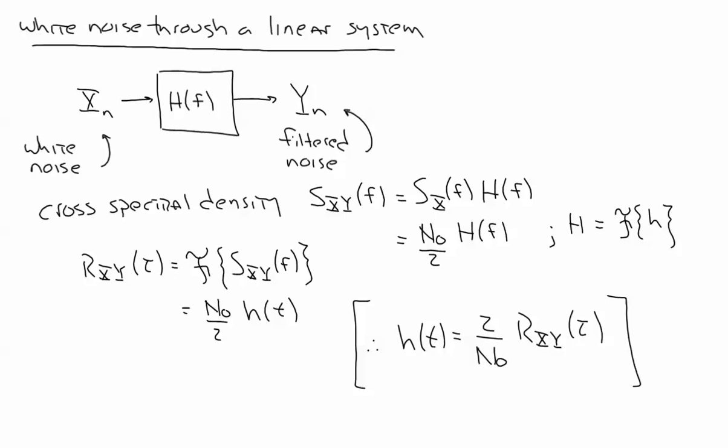Many of you may have been in a lab at some point and seen an oscilloscope or a signal generator or a spectrum analyzer that has this unusual function called a white noise generator. Well, this is one reason why I might be interested in having a white noise generator. I can apply white noise to an unknown black box linear system, cross-correlate the input and output, and get access to the impulse response of the system. It's pretty handy.